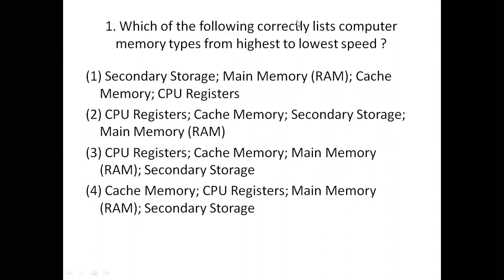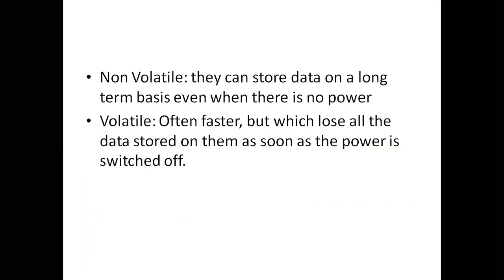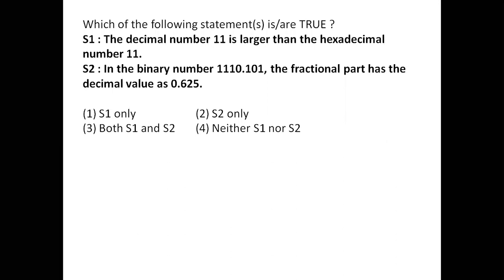Here the right answer we can consider is that the CPU register will be first, the speediest, and then cache memory, main memory, and the last one will be the secondary storage, in terms of computer storage. I believe you can understand at least two of the concepts in a broader sense, because once you read about all these things, whenever they ask about computer storage or volatile, you'll be able to answer it. Let's move on to the next question.